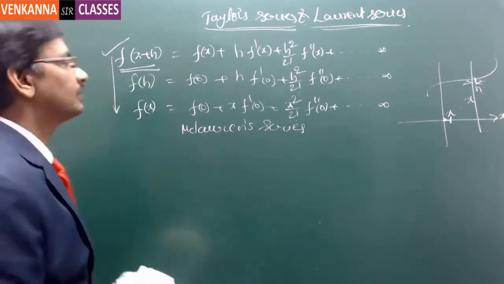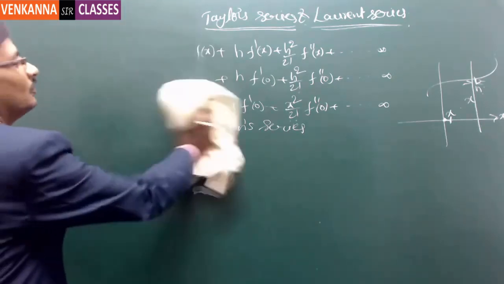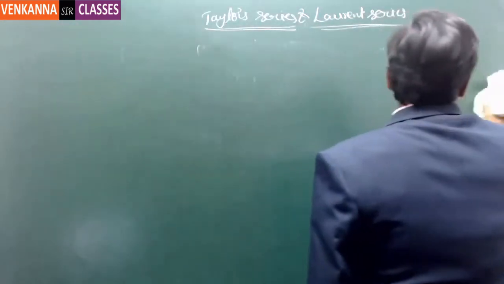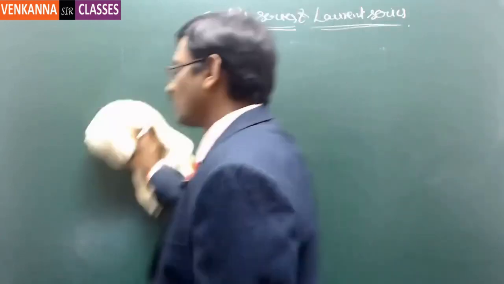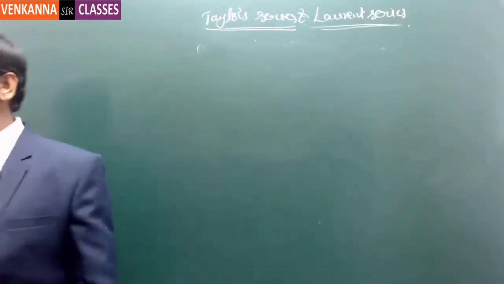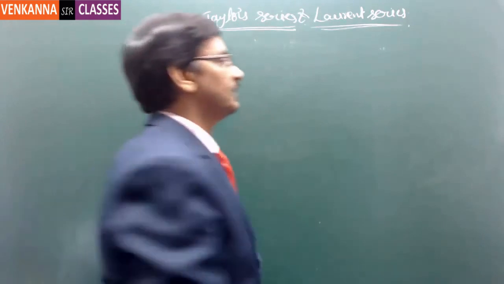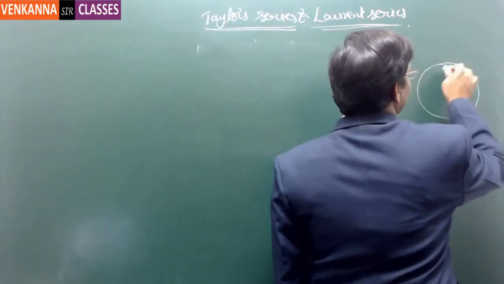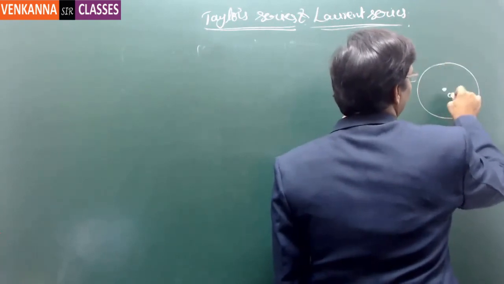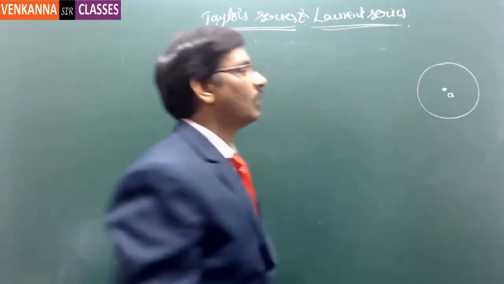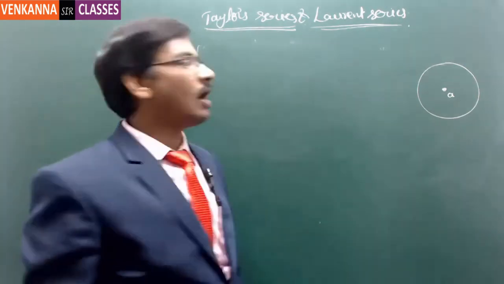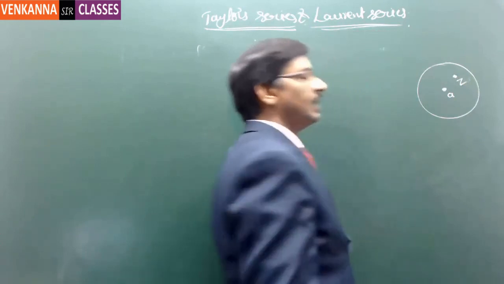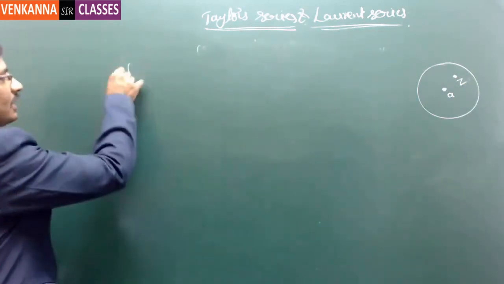Now the same thing we are expressing. This is a real valued function, which means the value of x is only on the real line. But in the case of complex series, a complex number lies within a region. So if you randomly consider a region like this, let us say this is a point A, so that point is z equal to A. Now on this, if you randomly consider a point called z, then f of z can be expressed as